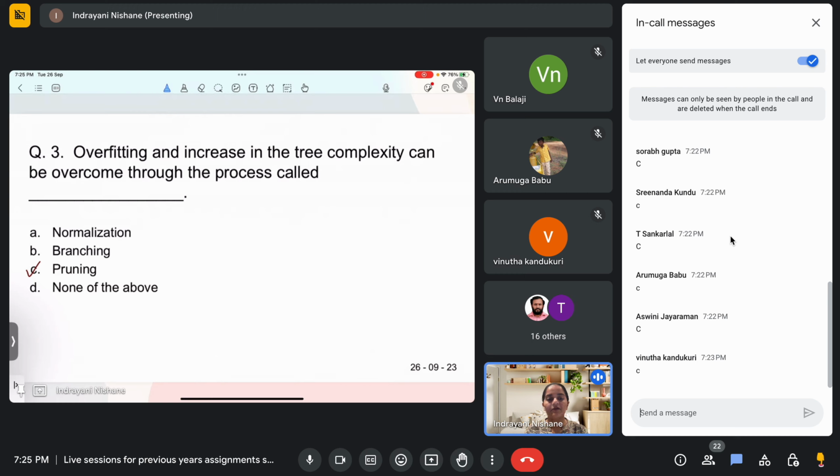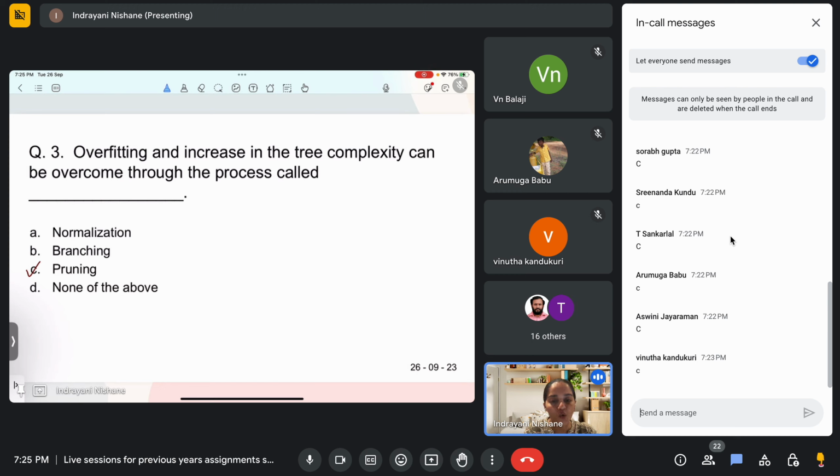So there is a way to overcome this particular greedy problem, or this increasing complexity issue. What we do is pruning. As the name suggests, when we prune the tree, what do we cut? We cut some leaves of that tree. So that is what is done. We will remove the